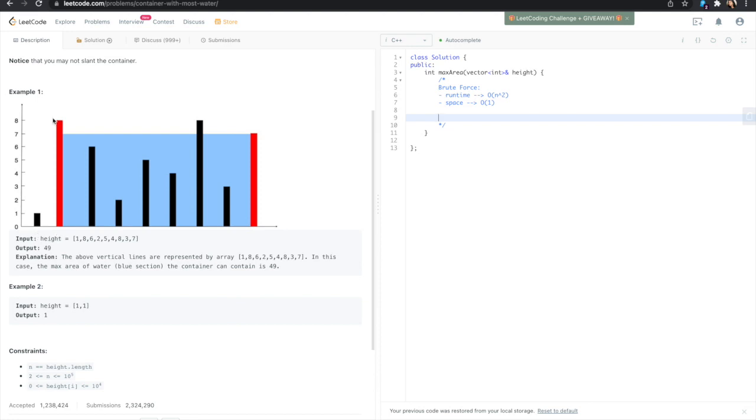If I were to use dynamic programming, the way I would do it is I would start off with the amount of water contained here. Then to calculate the best amount of water contained until this endpoint, I would use the max of this and of this. Okay. Then I come here. I have the result of the maximum of this and this stored. Then I come here and calculate the max of this and the stored result that I had from calculating the max of this and this. So using that